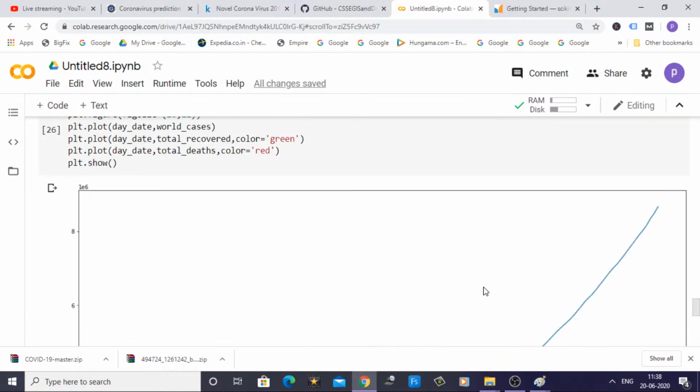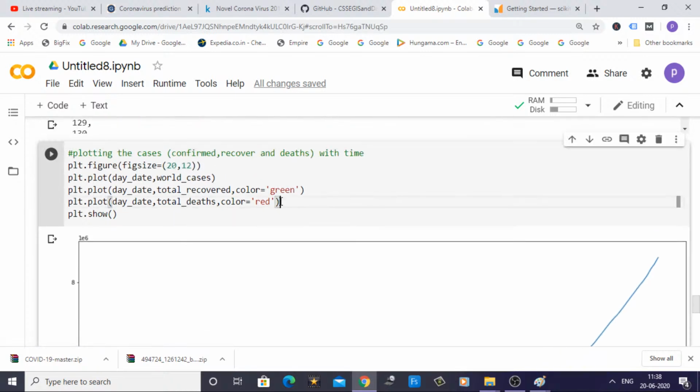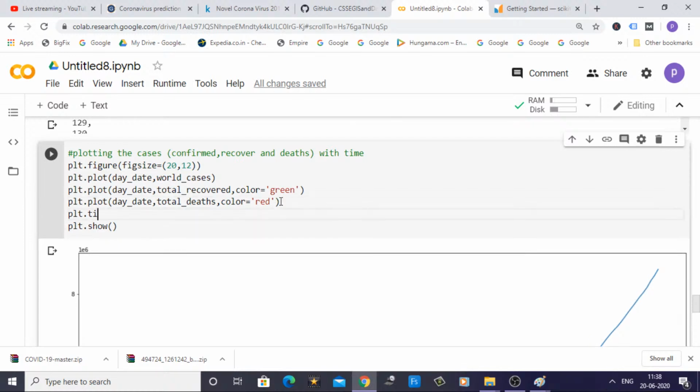I have 3 plots. What I'll do is enhance this plot one more. I'll give the title and then the X label, Y label, X text, Y text. I'll provide all these things. We can write here plt dot title, and inside this I can write coronavirus cases, deaths and recovered with time,